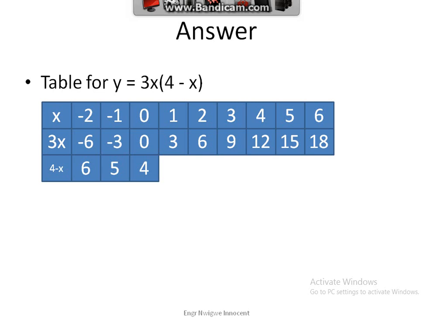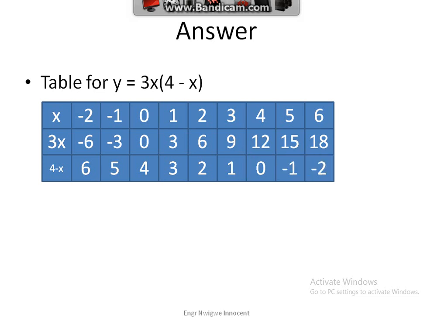4 minus 1 is 3. 4 minus 2 is 2. 4 minus 3 is 1. 4 minus 4 is 0. 4 minus 5 is -1. 4 minus 6 is -2. Then, since 3x is multiplying 4 minus x, therefore our y will become -6 times 6 is -36,